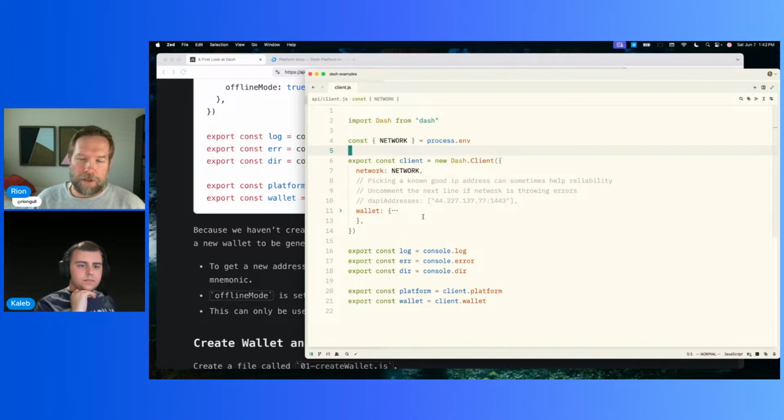But for Dash Platform specifically, in the state that it's in, it's mostly a provable decentralized data storage